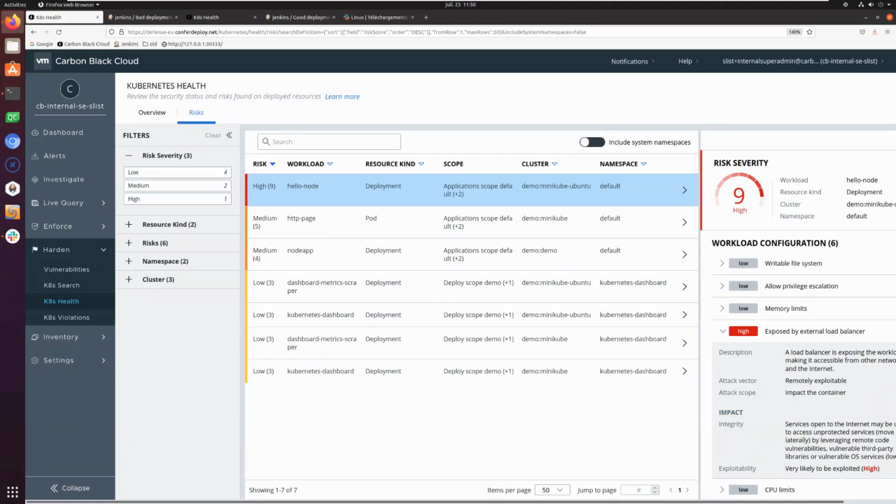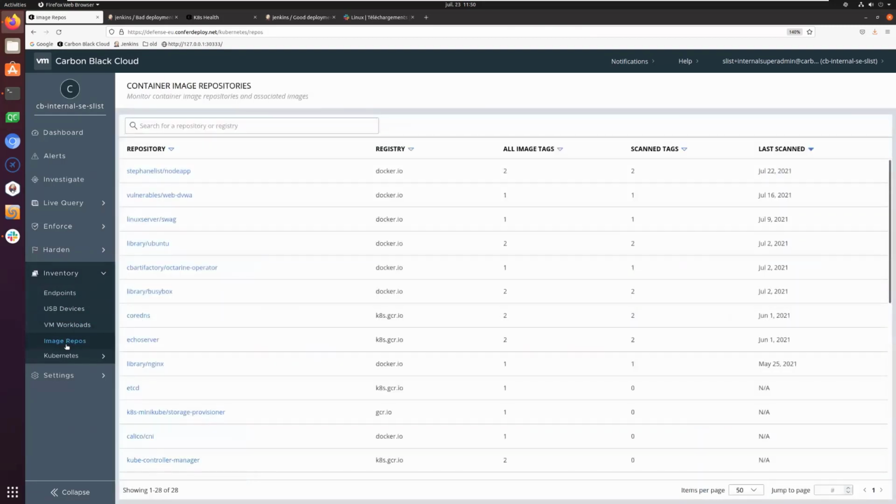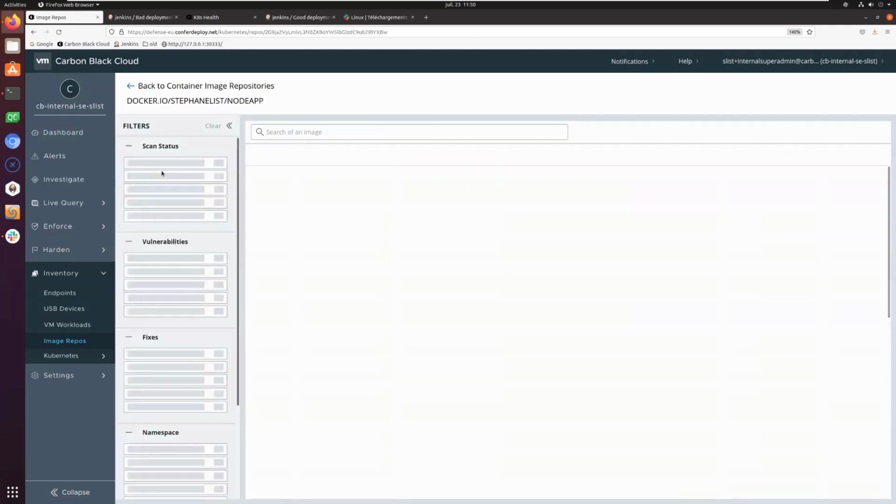Now, the other key area of risk is typically the exploitation of vulnerable images. So we also want to associate these running workloads with their different image vulnerabilities. If I go to image repo, in this image repository section, we are able to assess and scan all the different images that you have, and align these to different vulnerabilities as well as their fixes.